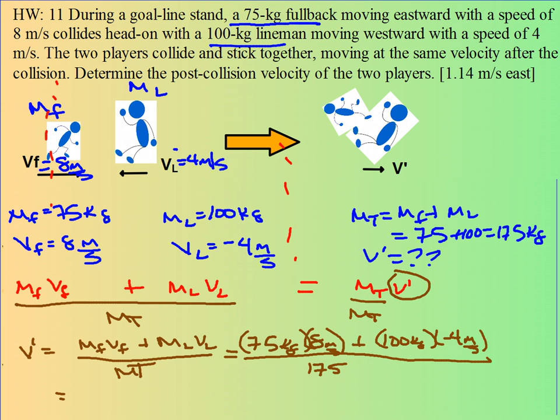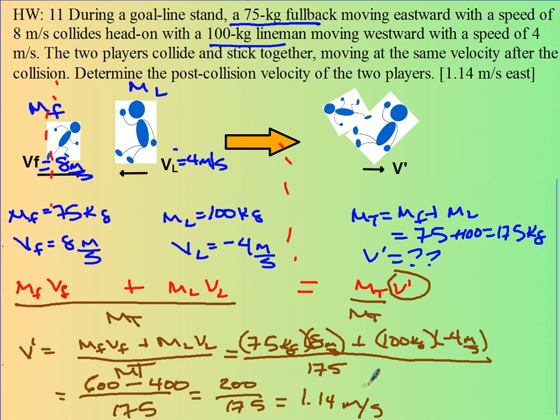Go on and multiply this out. 75 times 8 is 600. Minus, because this negative sign comes out front, minus 400 divided by 175. 600 minus 400 is 200 divided by 175. And when I put this in, I get 1.14 meters per second. Because my answer is positive, I know he must be moving